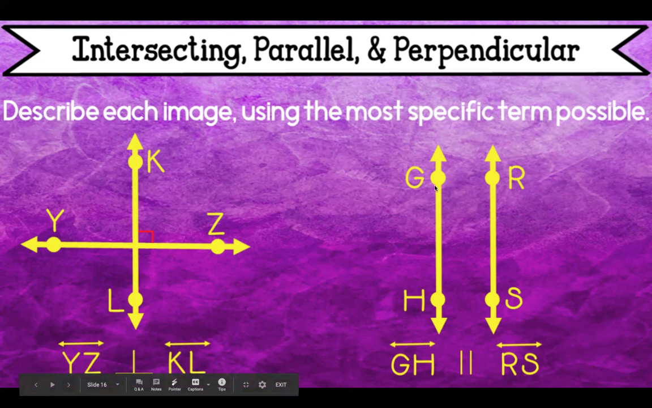Okay, over here we have GH and RS. It does not look like they are crossing at all. They will also never cross, so that means that they are parallel. So line GH and line RS are parallel. Here's the symbol for that. Okay,